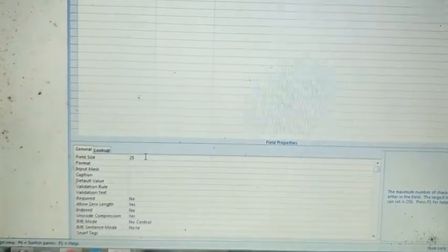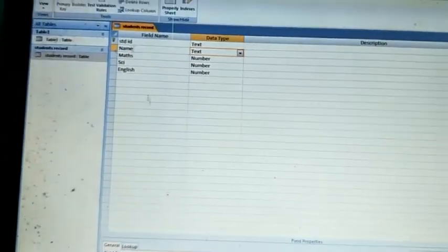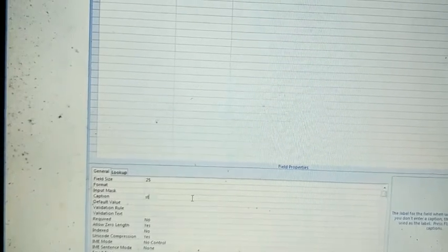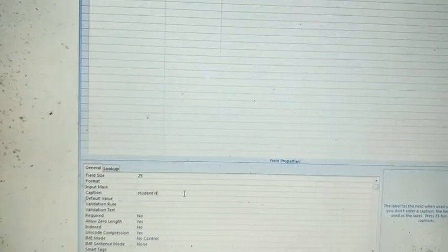Now the use of the caption property. Look here, the field name of this field is Name. But if you want to display another name, you can change it through this property. Right here, write Student Name.